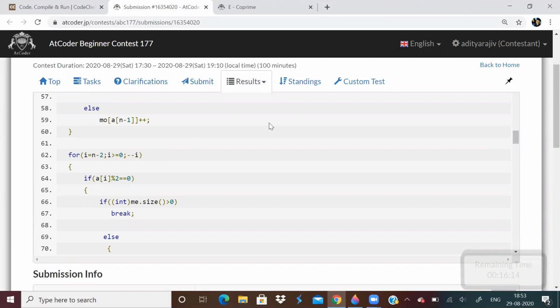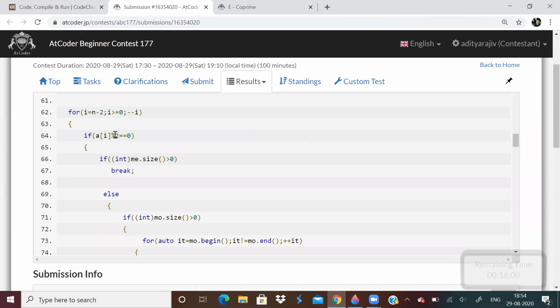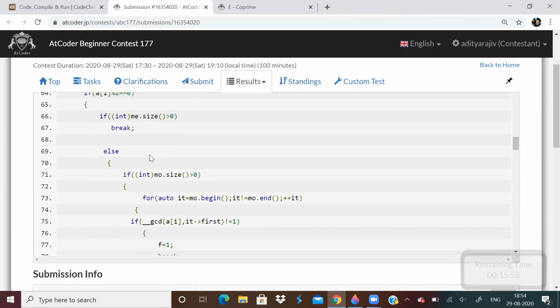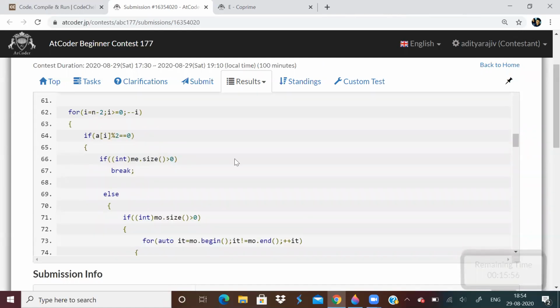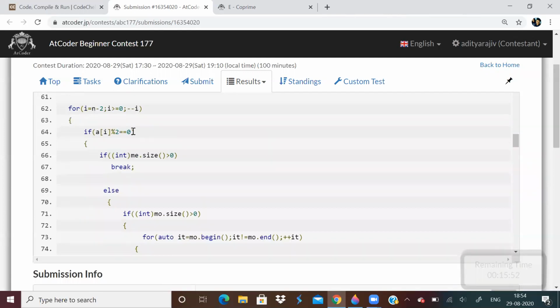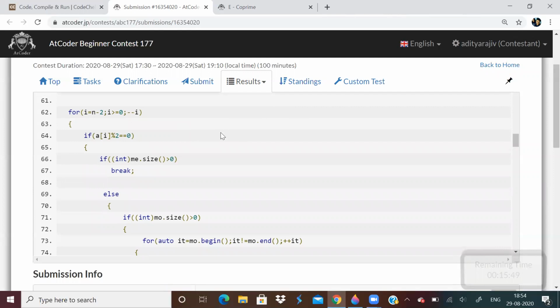Because, for example, if we first have to check for pairwise coprime, then we need to first see whether the current element is even or odd. If the current element is even and there already exists an even element that we have scanned, then the answer is no, because two even elements are never coprime.